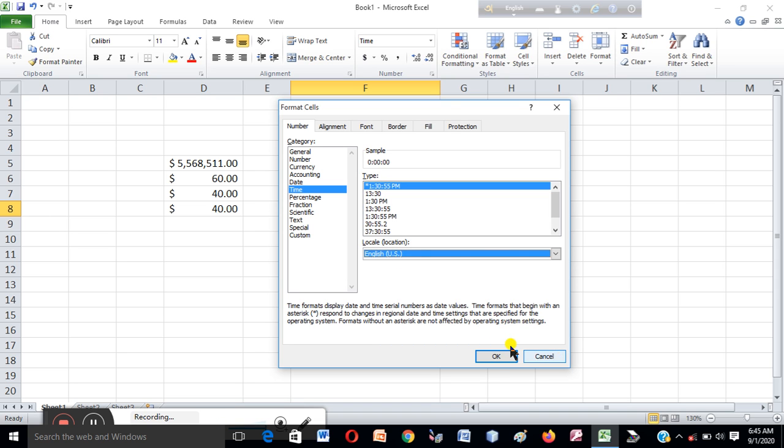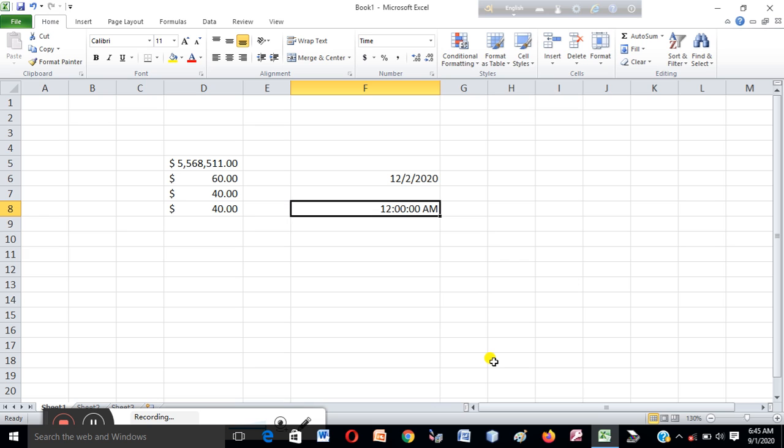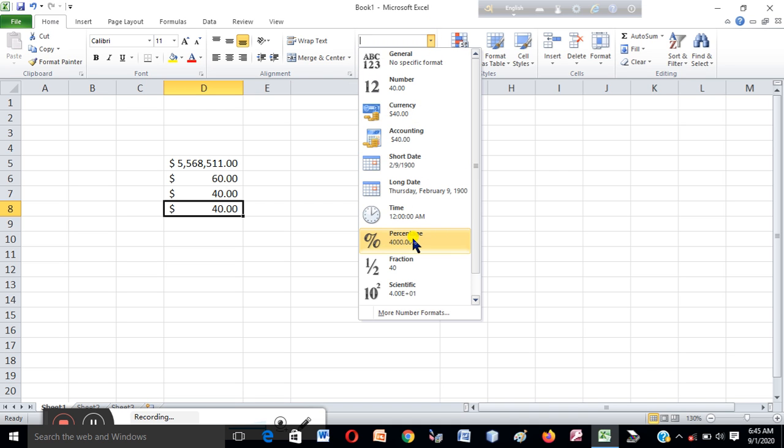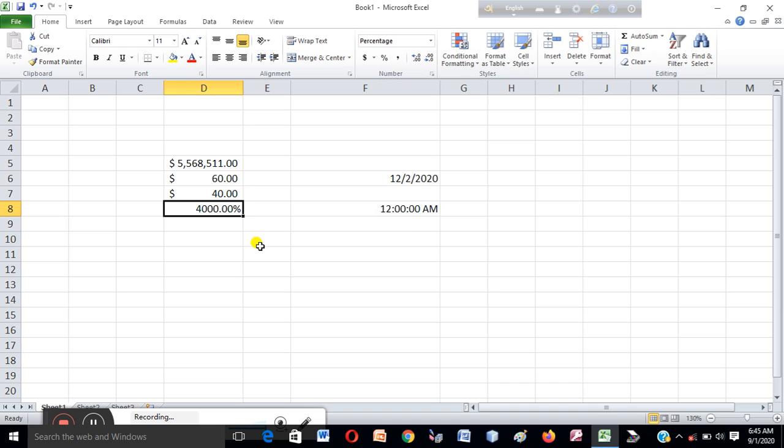Next point, that is Percentage. This displays cell data as a percentage with decimal places. Look, suppose in this data I use a percentage. So look, that changes with a percentage.